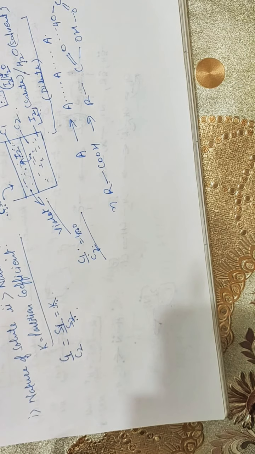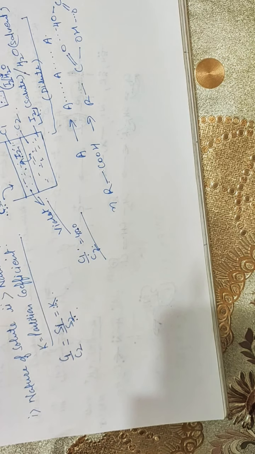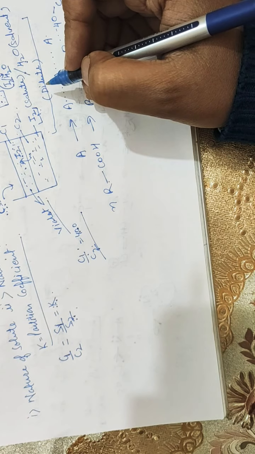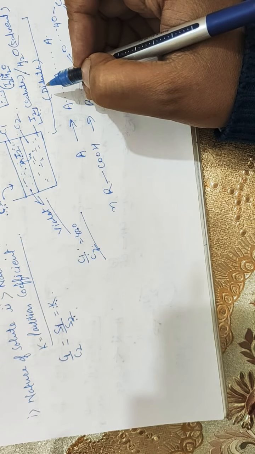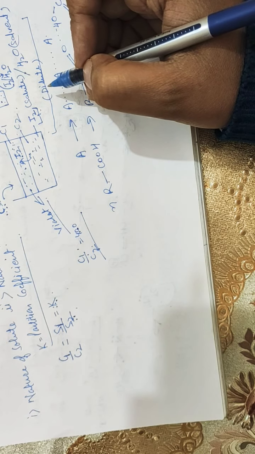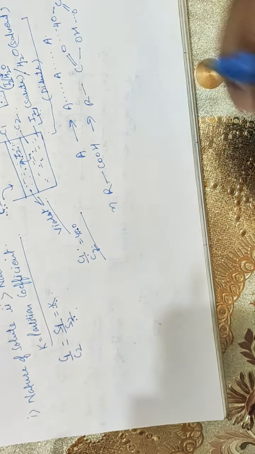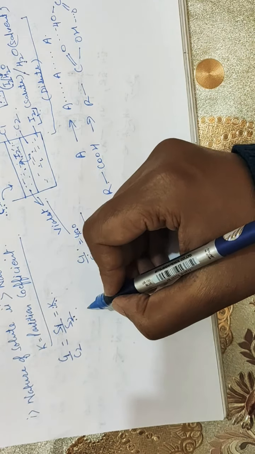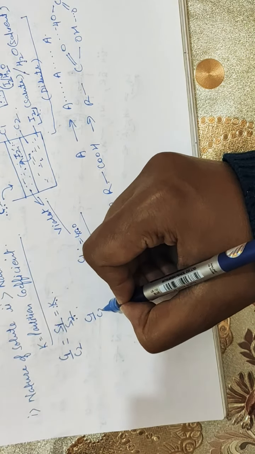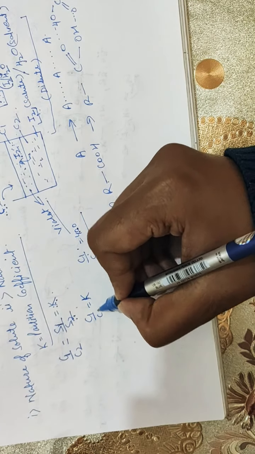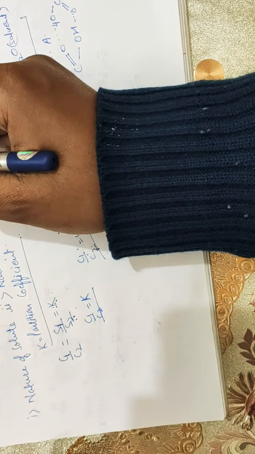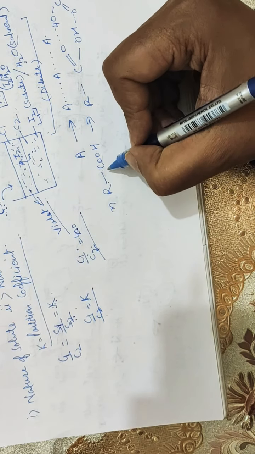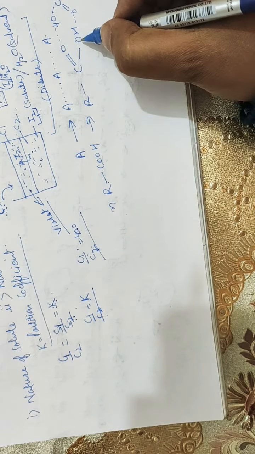So let me tell you about the association or dissociation. Using the distribution law, the molecular state of a solute in a solvent can be determined. In the distribution experiment, if the ratio of concentration of solute in both the solvents, C1/C2, is constant, then the solute behaves normally in both the solvents. What are they saying? If C1/C2 is simply constant for this immiscible pair of solvents, then the solute is neither going through association nor dissociation.